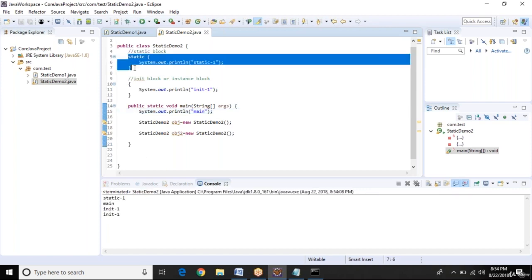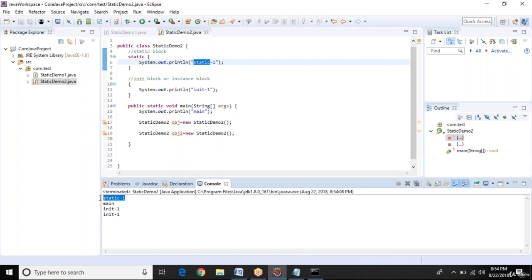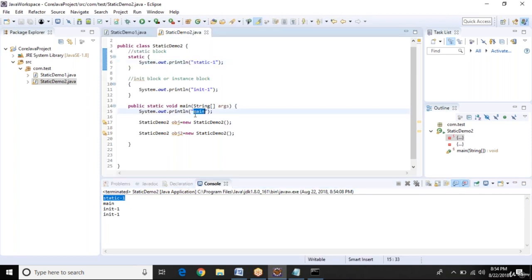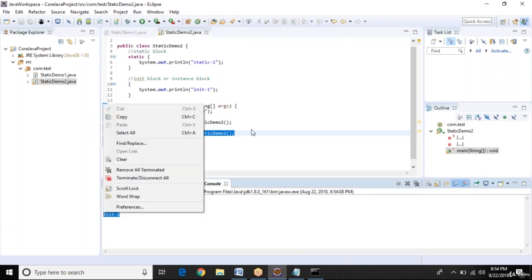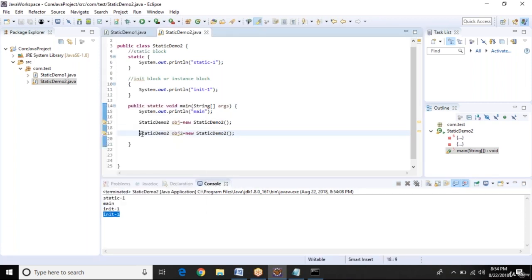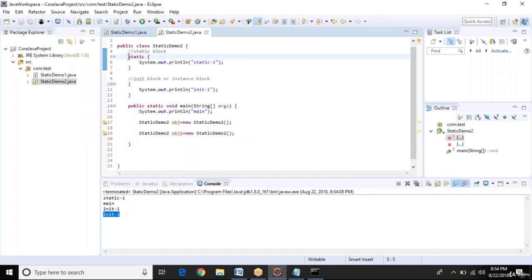The static block will print, then the main method, and then the first object created means it printed init 1, then we created another object, so it will print init 1 again. That means whenever any new object is created, the init block will execute first. The static block will execute only one time.